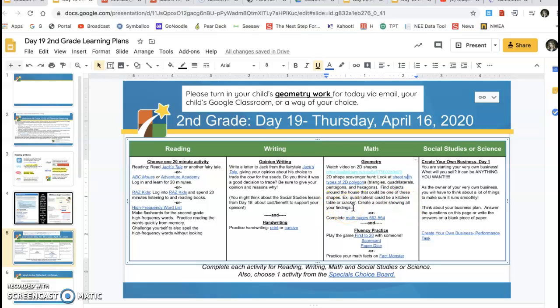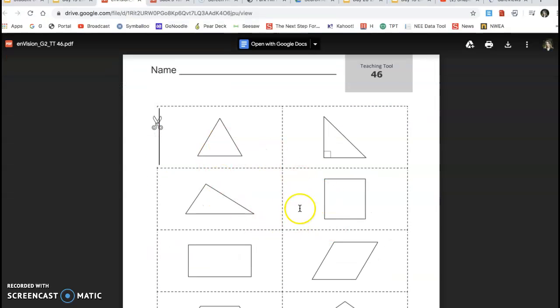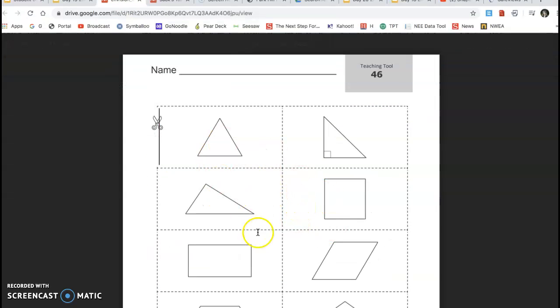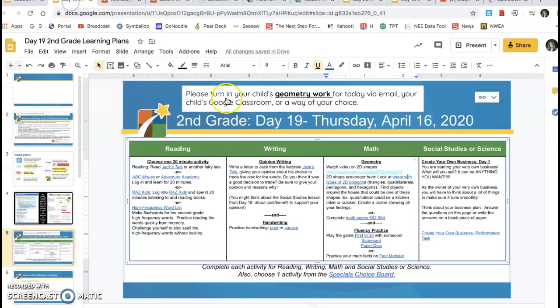If they don't create the poster, that's okay with me. Really, I want to see that they have found some reasonable items on here to match objects in their home. How you do it is up to you. If you want them to create a poster and you think they'd enjoy that, that is fine with me. But if they're struggling on the poster or really are not motivated today, this will tell me what I need to know as well.